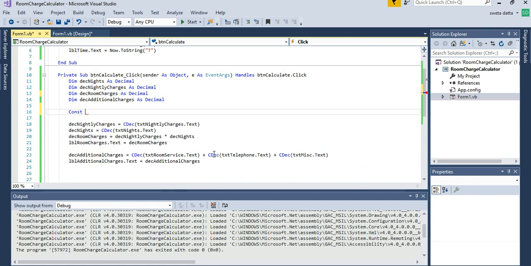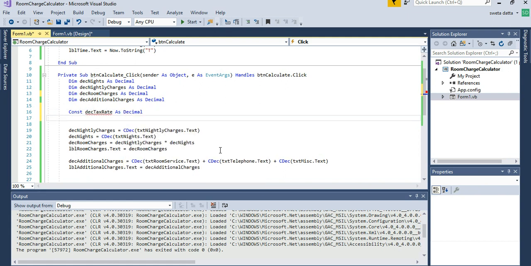How you do that is you say constant, and then you say the name of the constant, and then you say the type, and then you assign a value to it. This is called as a literal, where it's going to say the type of the value that you are assigning to. So that's your constant, and we can use that constant in our calculation. For example,